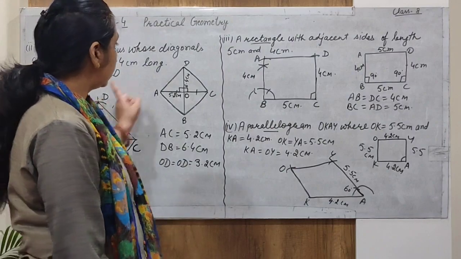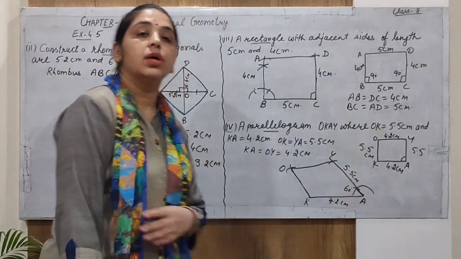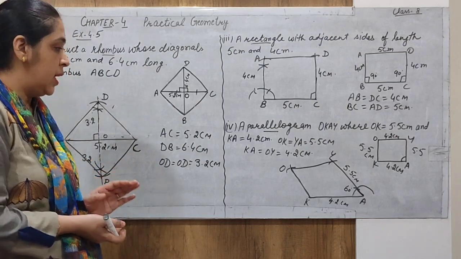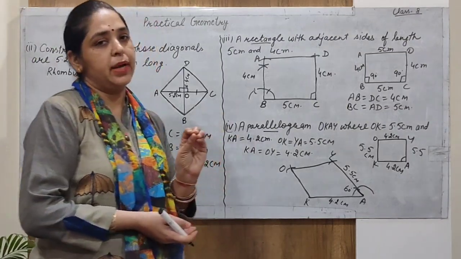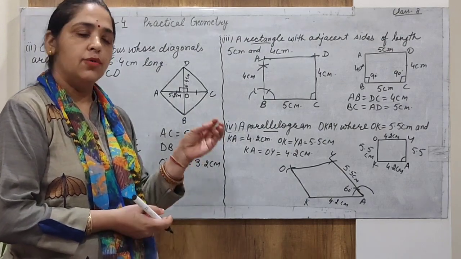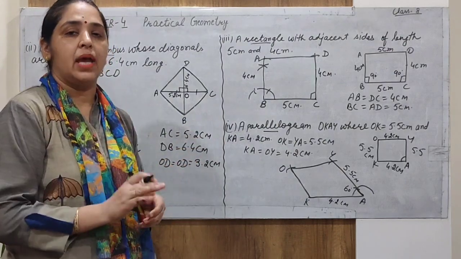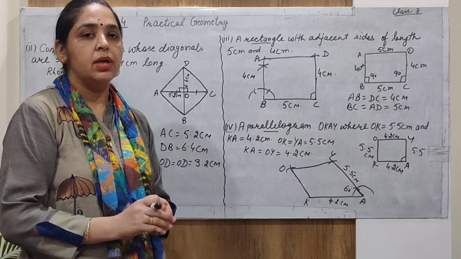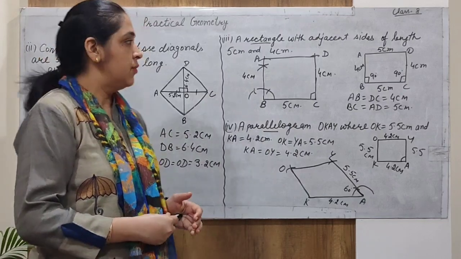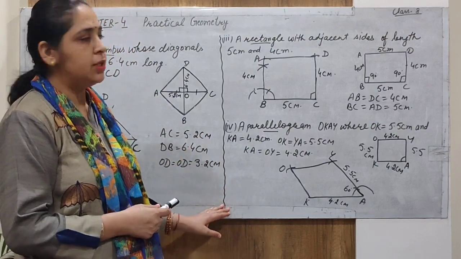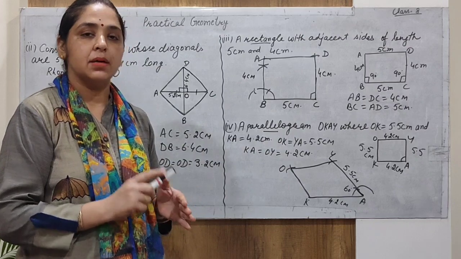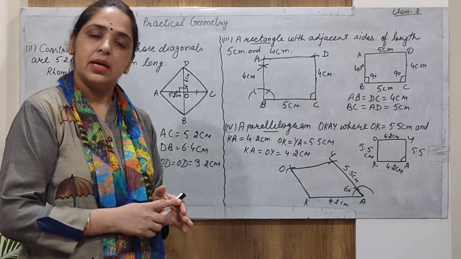So by this method, we draw so many kinds of the quadrilateral, so many types of the quadrilateral, and write down few points of the construction related to all the quadrilaterals. 4 to 5 points in simple language. So students, you must cover the complete chapter 4 in your notebooks with construction as well. Draw neat and clean diagram with the help of the pencil, the compass, the protractor and the scale.